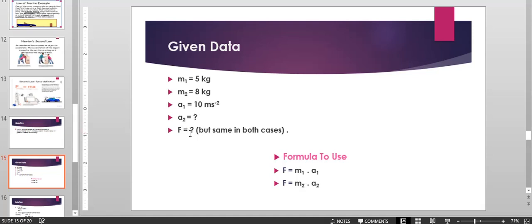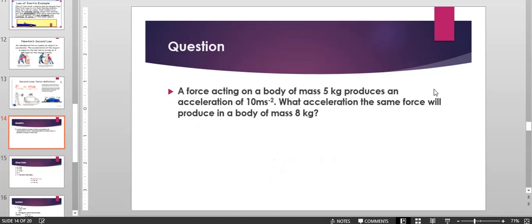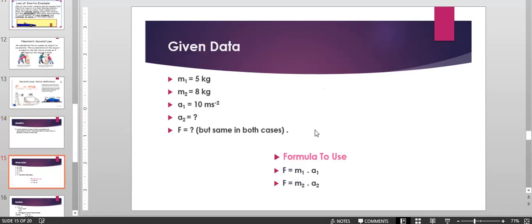And the force applied on the objects is also unknown. But in the question, we are given that the force which has been applied on both the objects in order to accelerate them is the same. So we have to find the acceleration of the second object,